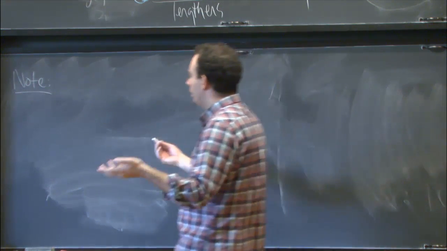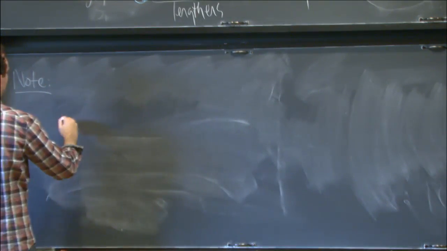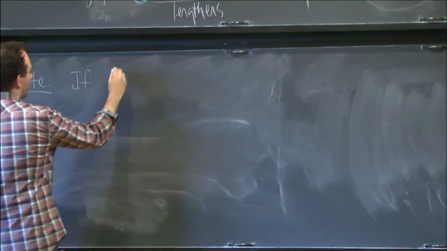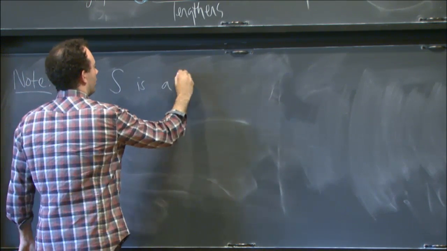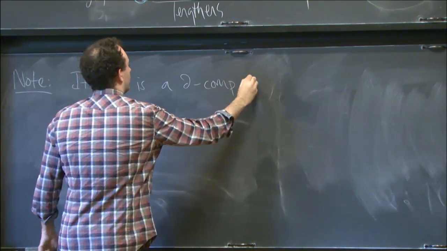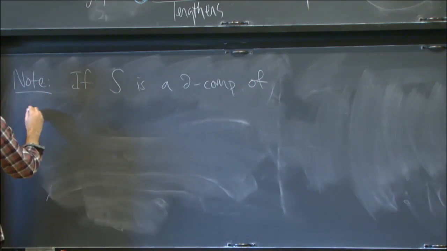But okay, if I have any M, and I take one of its boundary components, so if S is a boundary component of some general M,